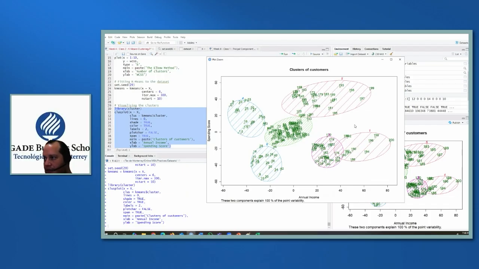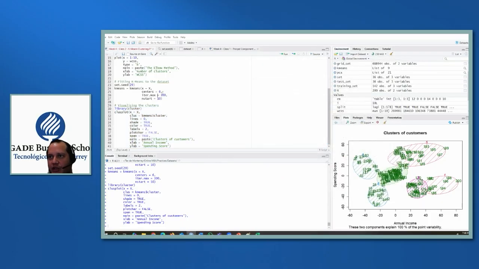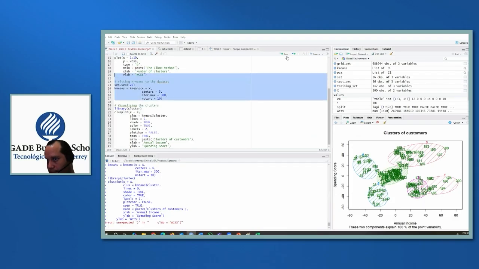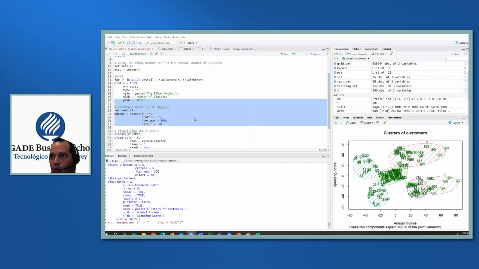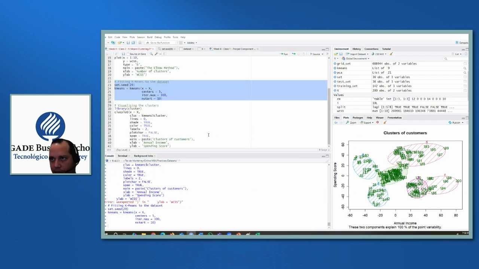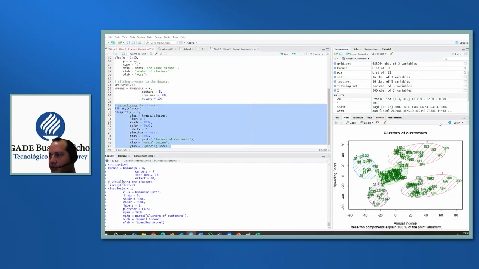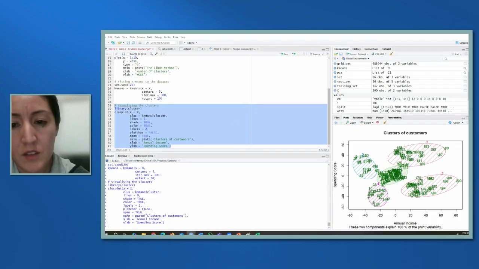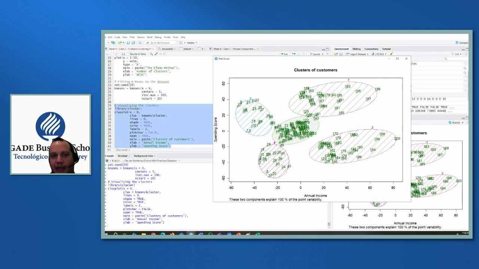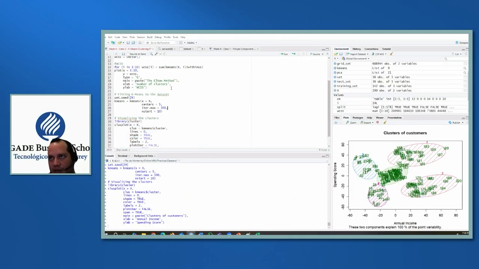And as you can see, what if we change it to 5? Let's take a look. There you go, 5, and let's run it now. How many clusters do we have? 5. Beautiful. So as you can see, the elbow method suggested to us, based on the image, that 6 was